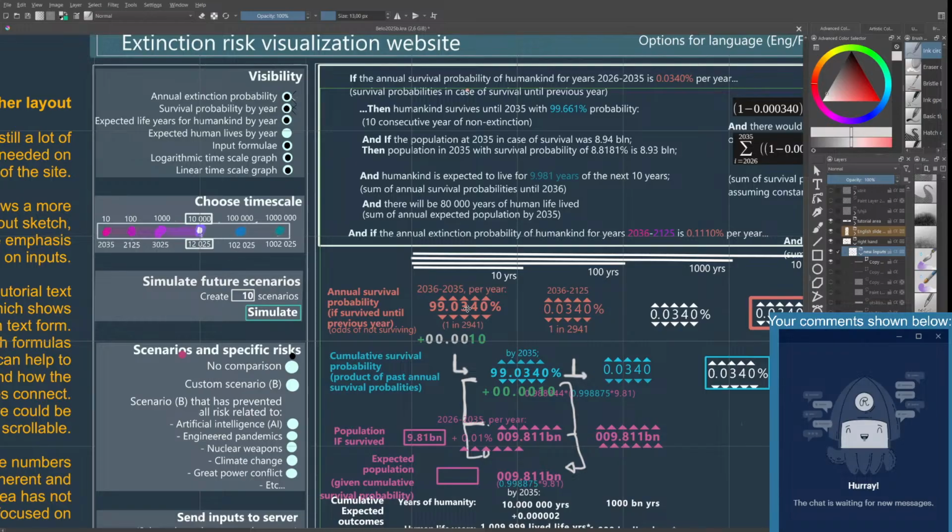But it would be good for the user to have the possibility to set this kind of